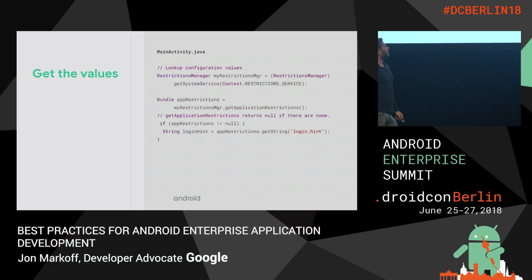So now that we say, okay, we've exposed our restrictions, we've exposed our login hint, and our app wants to be able to launch and be passed in a username or an email address. Well, so far, it wouldn't do anything, right? Because we actually have to pay attention to this. So using the restrictions manager,